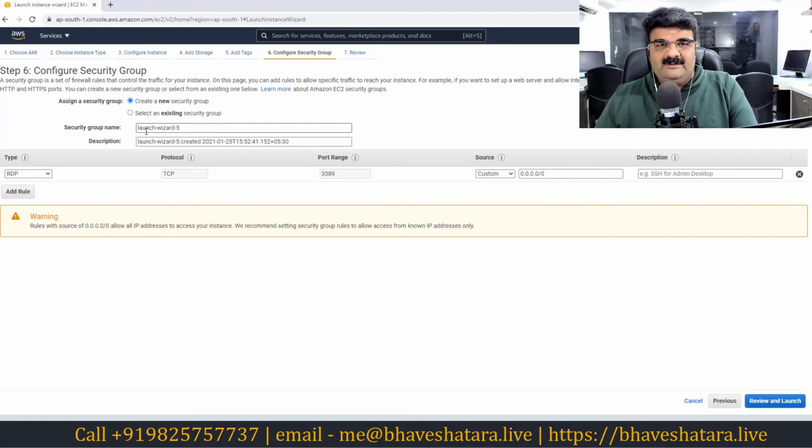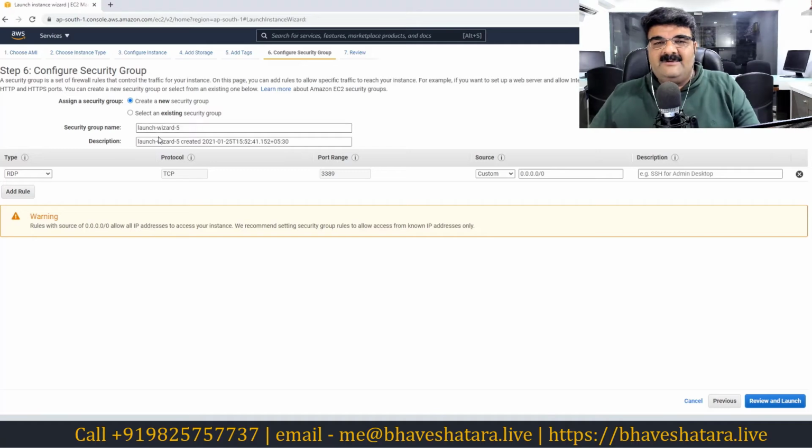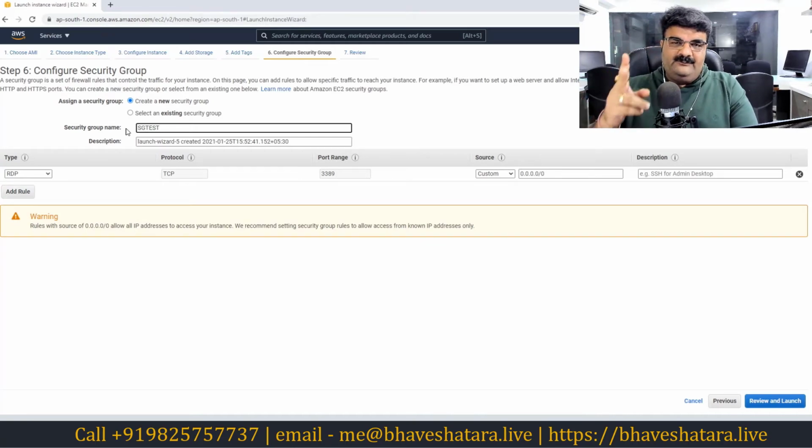When you create your EC2 instance, Amazon will create a new security group automatically. You can give a name over here, and I'm going to give the name test SG. When you create a security group, you can define two types of traffic over here.